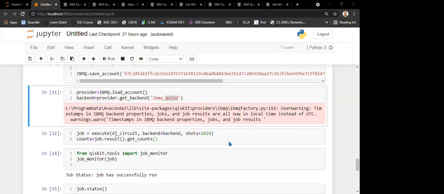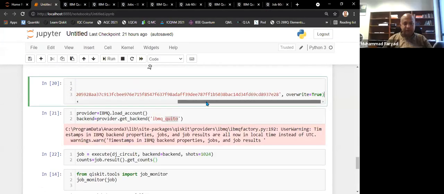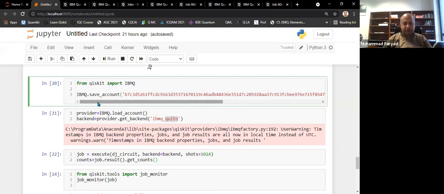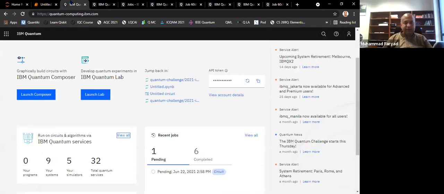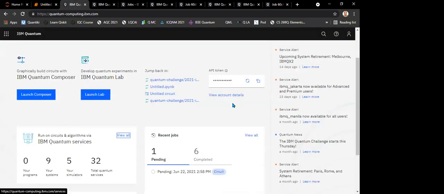Sir, could you show that line of the save account again? Okay, let me show again. So this one. Sir, where the code is input, your token. Oh, on the IBM website over here. Yes, so what you have to do,